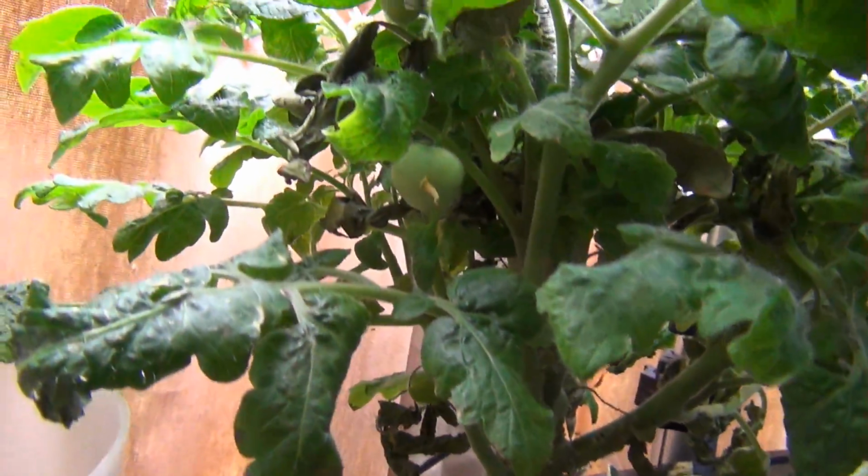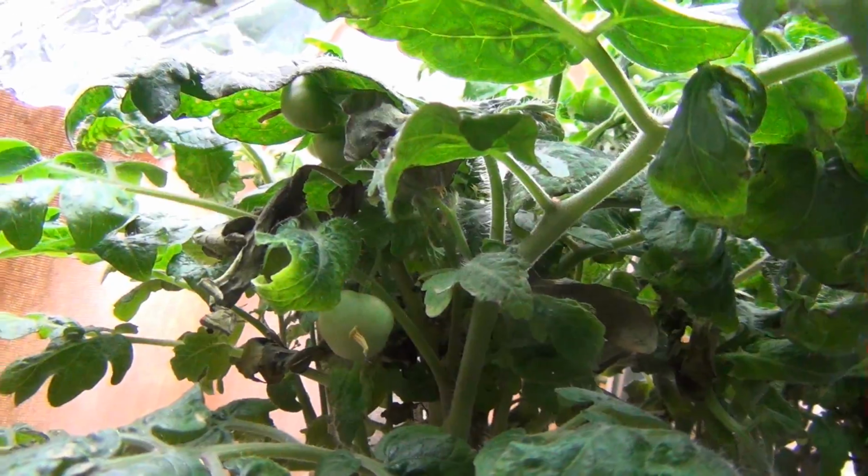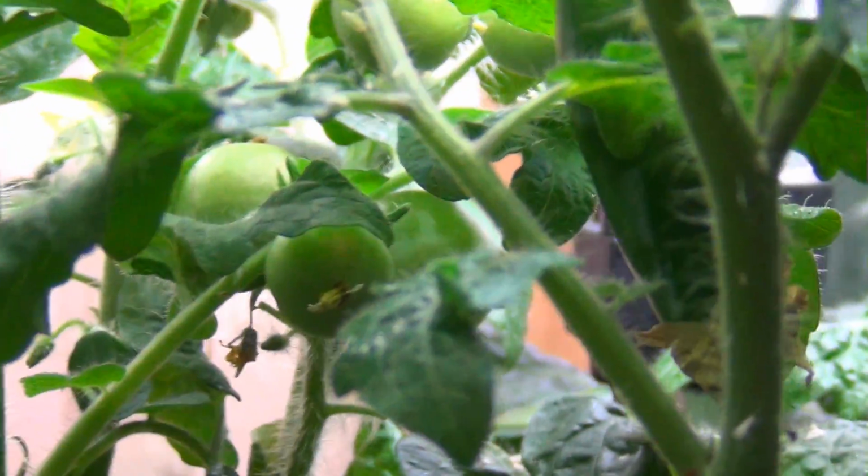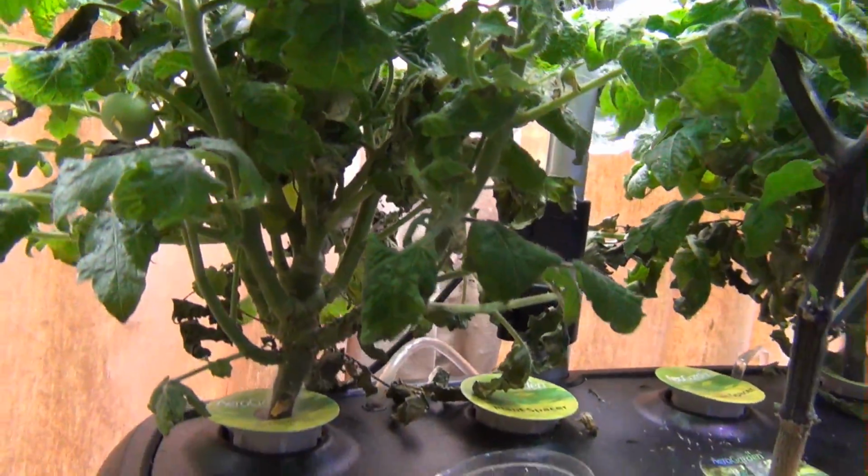Let's go for the tomatoes here. And we have a lot of tomatoes on each plant as well. You can see a few in this frame. See a couple more back here. Haven't got any red yet. And the jalapenos are kind of small still. They're not quite ready to be picked. But I'd say we have,